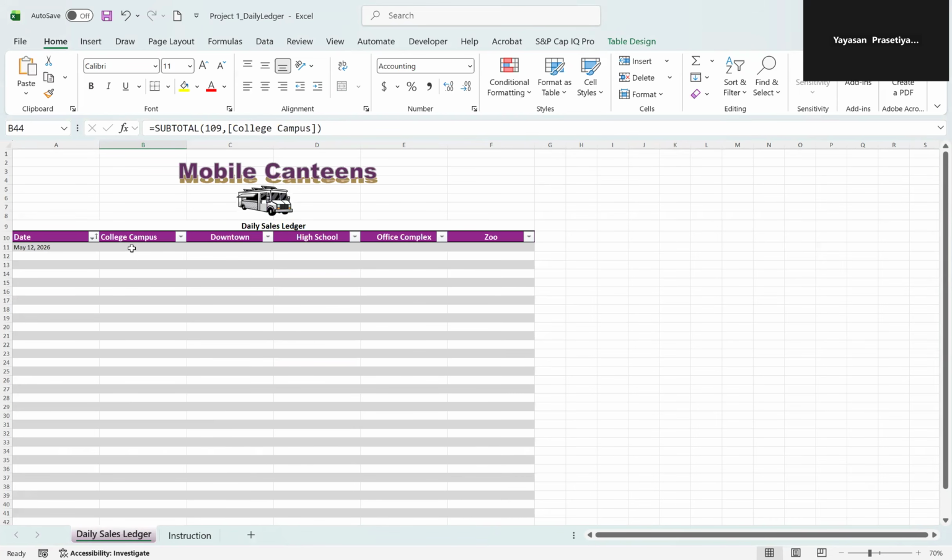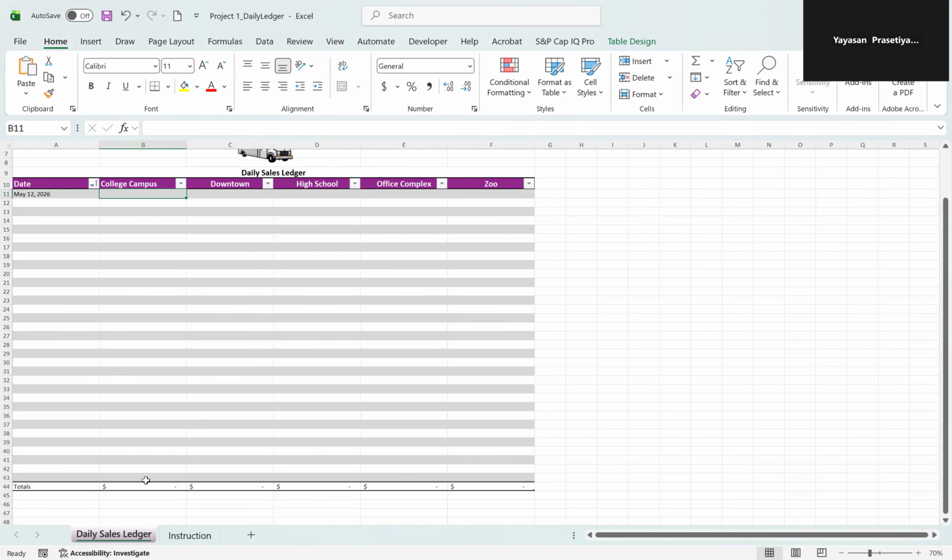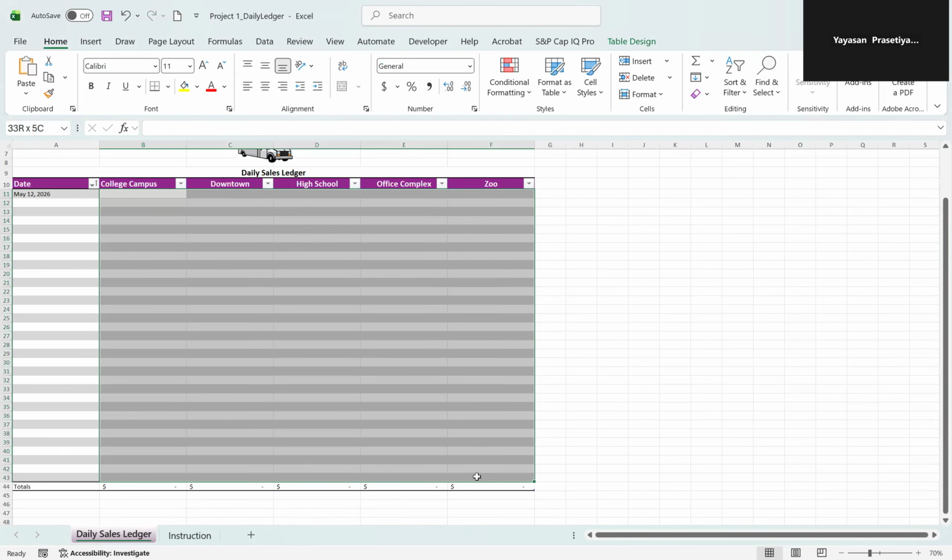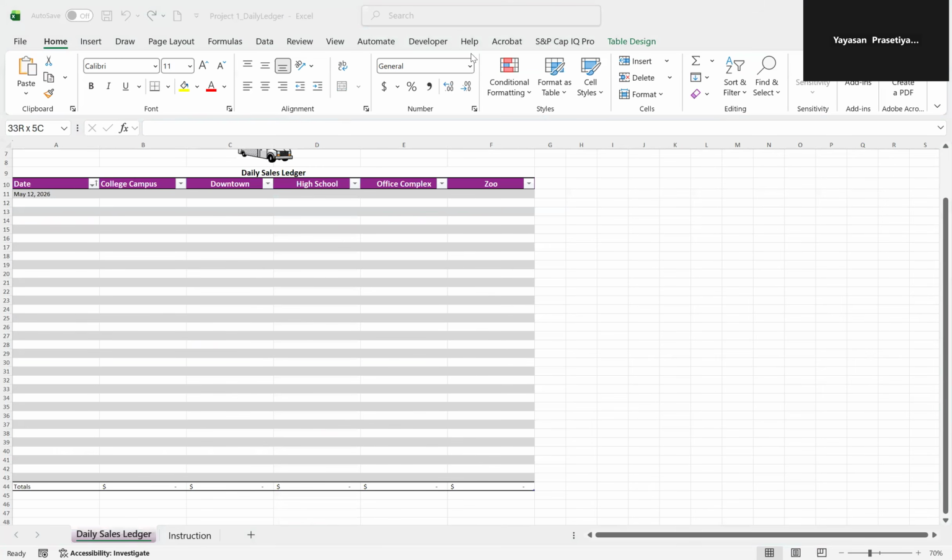This is B11 and all the way down to F43. And then we go to number formatting.